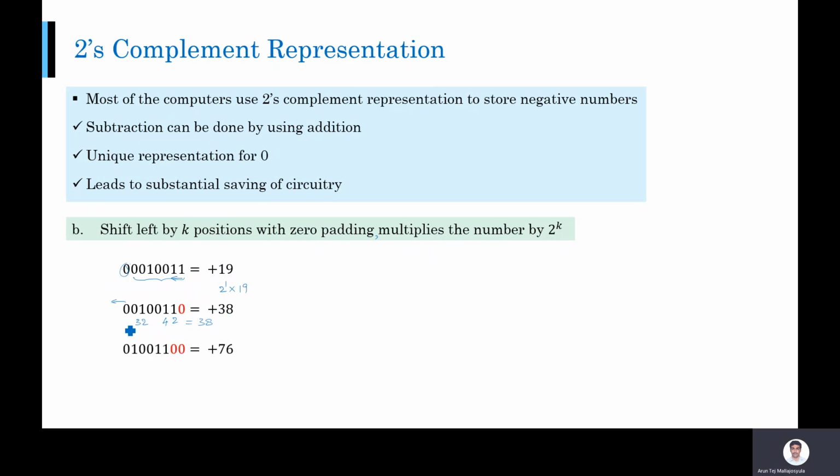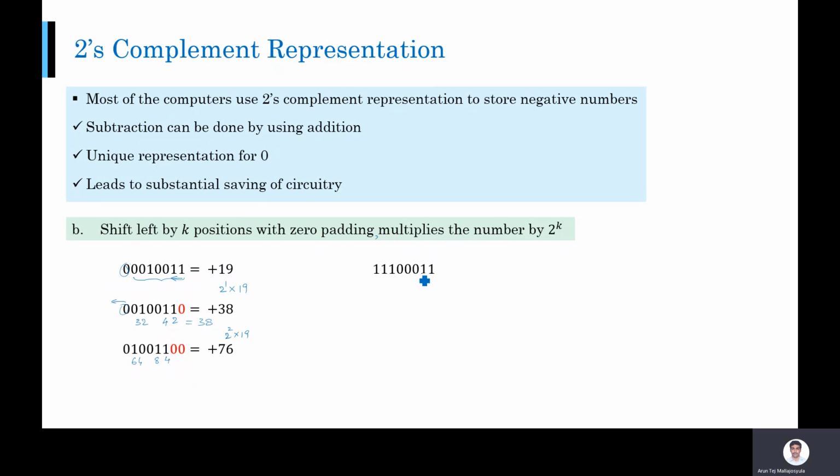Let us shift it by one more number. Okay, I have shifted it left by one more, this number. So this 0 is now gone, and I have padded with another 0 on this side. So what is my number now? 0 0 1 1 0 0 1 from right to left. So what is this value? 4 plus 8 plus 16 plus 64, right? Which is nothing but 76. What is 76? 2 power 2 into 19, right? 4 into 19. So shift left by one position and you can multiply by 2.